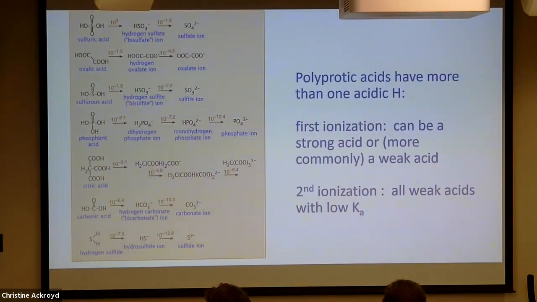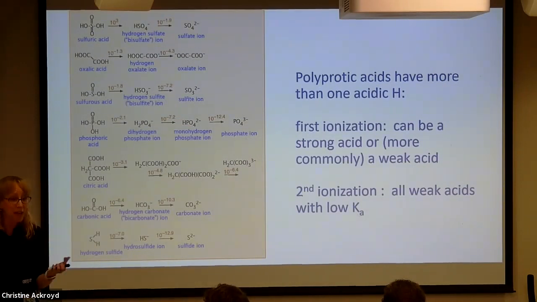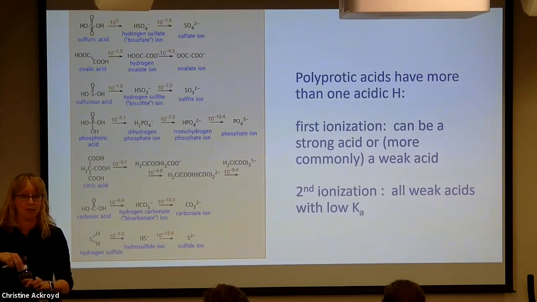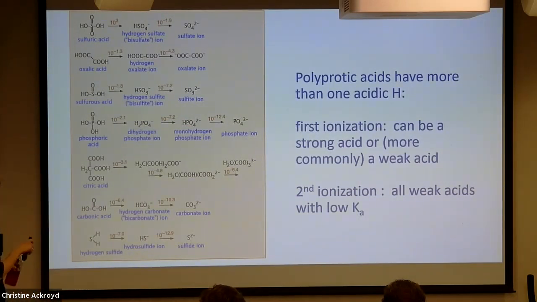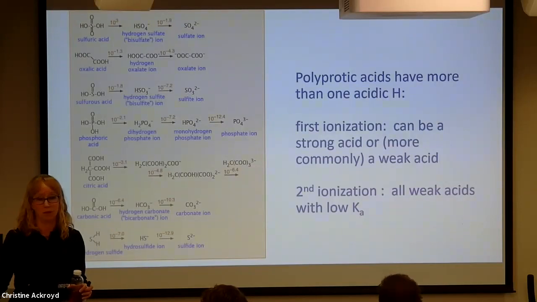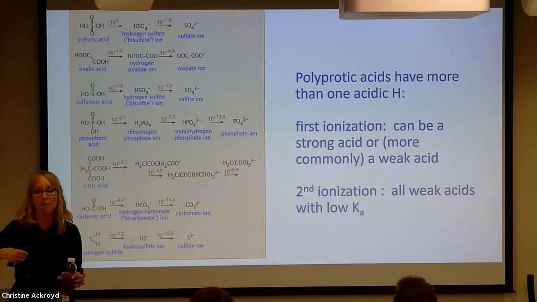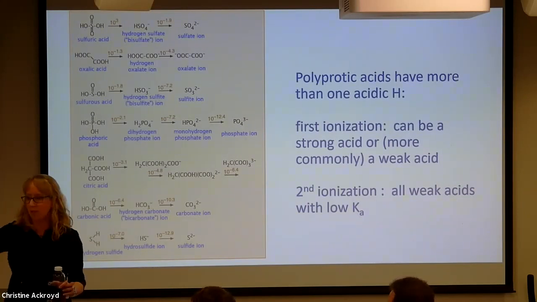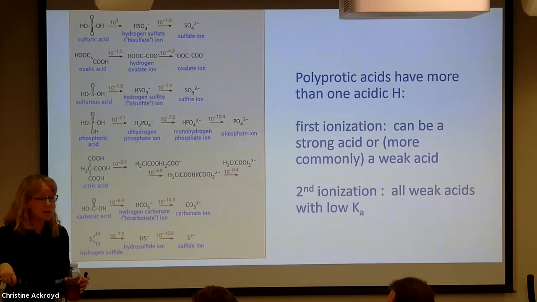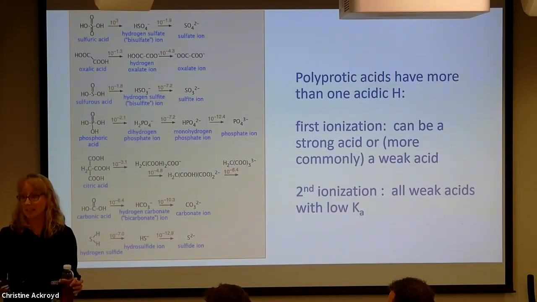Okay, so if we do sulfuric acid here, when the first proton comes off, is that pulling off a proton as a strong acid or a weak acid? K value is about 10 to the 3rd. So the first proton, that's a strong acid. Now we have to pull a proton off of something that's already negatively charged, and what do we form? Something with a -2 charge. So every subsequent proton we pull off, what happens to the stability of the conjugate base that we form? It becomes less stable. So what does that tell us about the acidity of the proton we had to pull off? It gets less acidic.